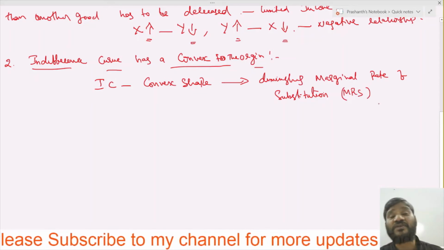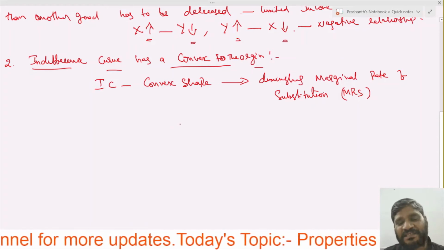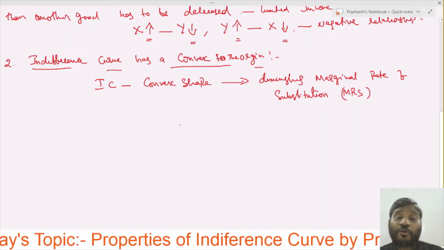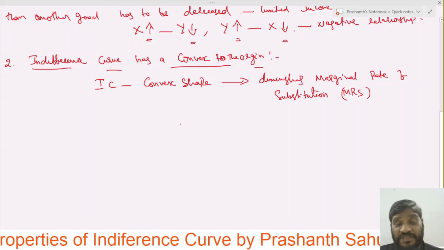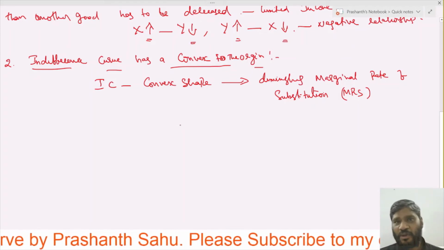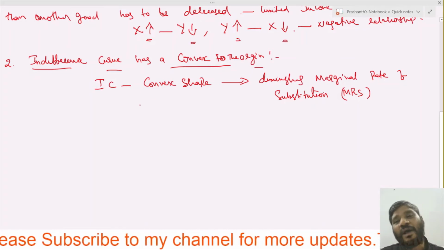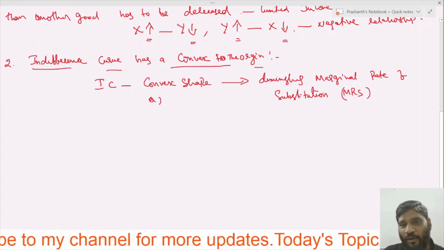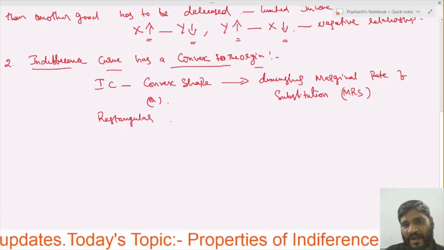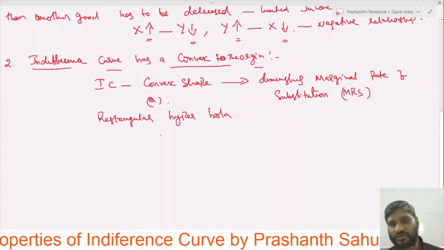In my previous videos already I have described it. Once you check that out, right? MRS is nothing but marginal rate of substitution, which means how much of one good is sacrificed to increase the other good, or how much of one good is substituted to increase the other good. Definitely they have to substitute, because of the limited income, so it will be convex to the origin. Or we can also call it a rectangular hyperbola.